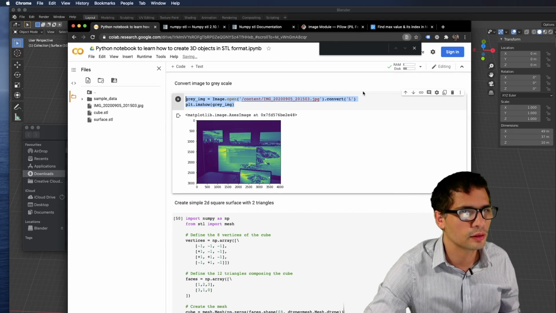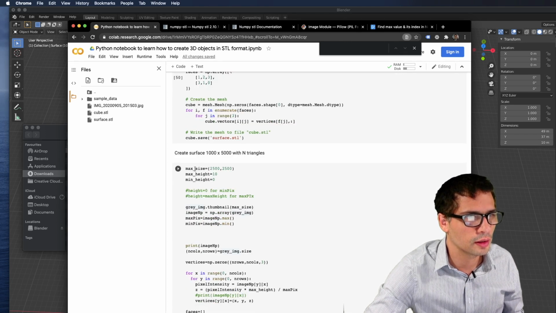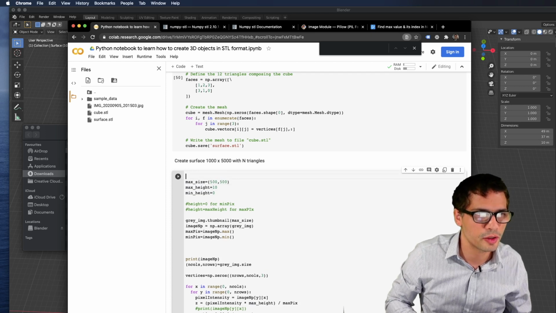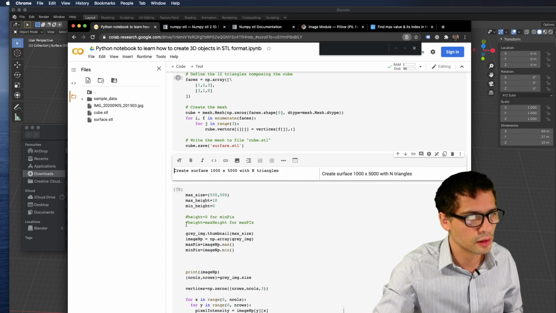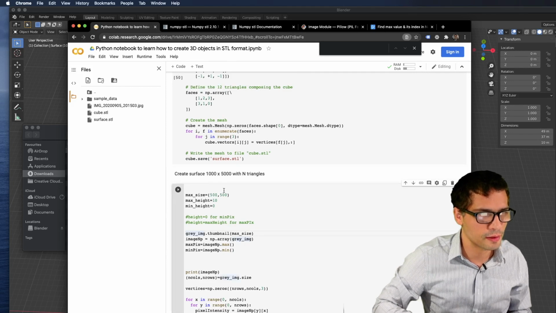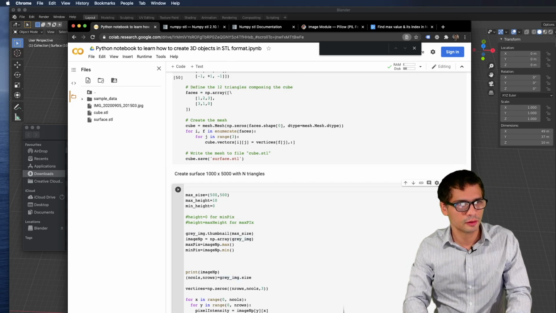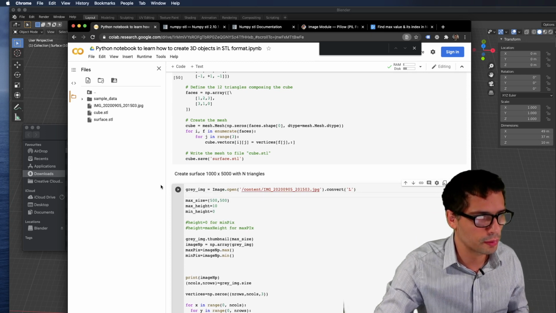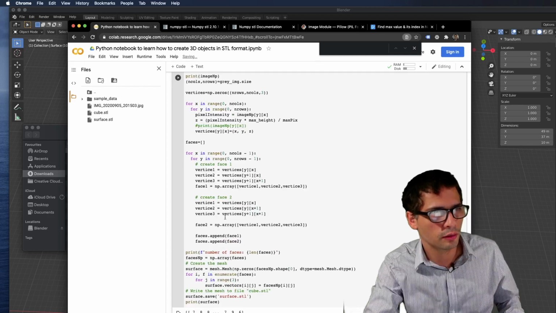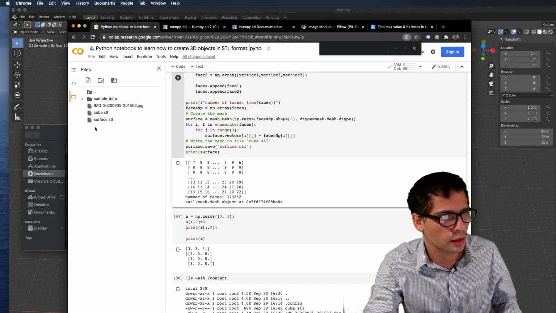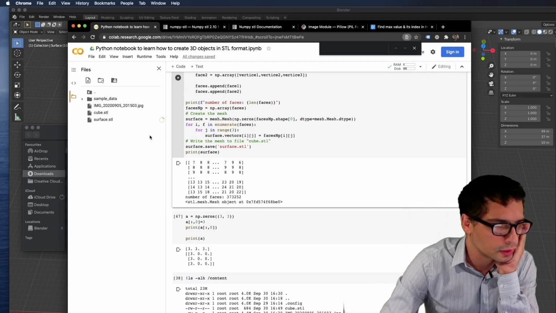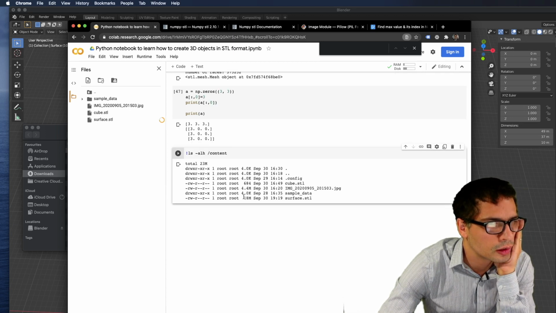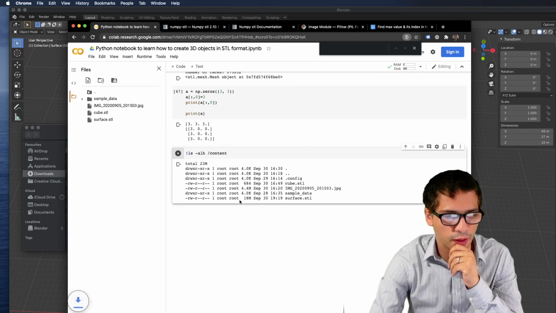Okay. I think I know what's going on. So I'm going to put 500 again. So every time I'm working on the same image object and I'm basically resizing to the same thing. Yeah, this was the problem. So now it takes a bit longer, as I would expect, and I can download another version. So this one will take a bit longer to download. 18 megabytes should be detailed enough.